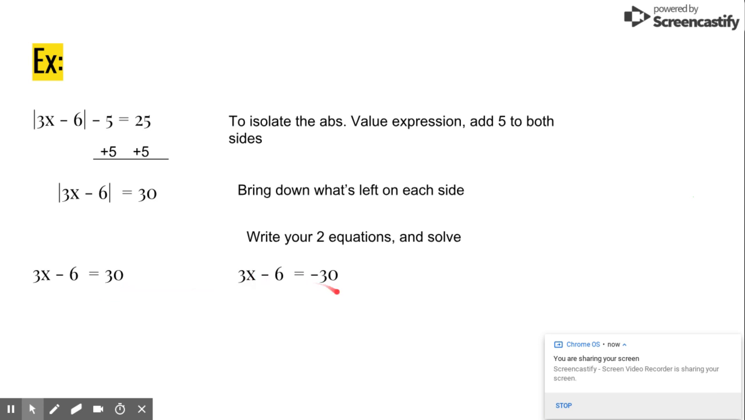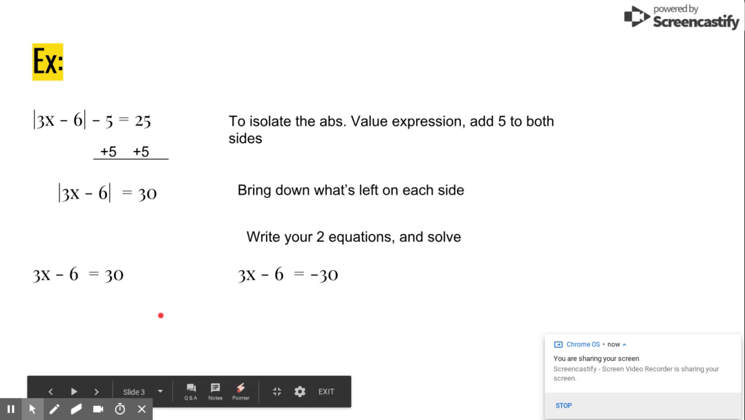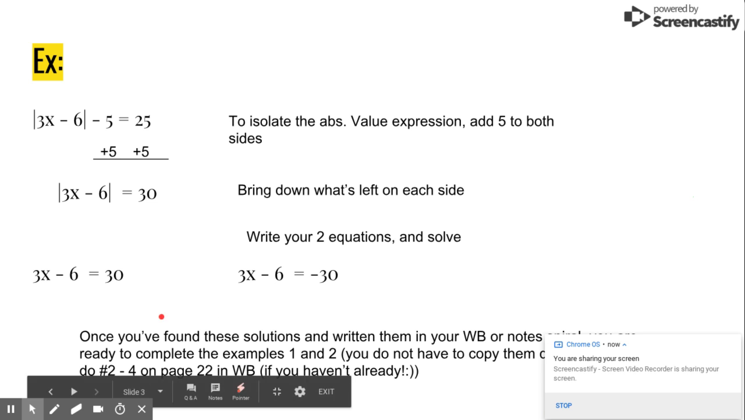You are to go ahead and do that. I won't show the answer here. And then once you have it, check your answer. Pause so that you can do that. Now, once you've found those solutions and written them down,